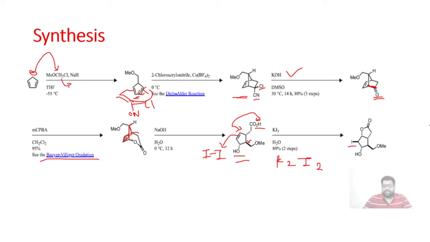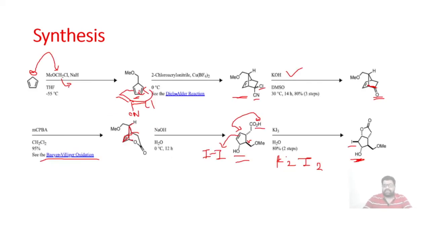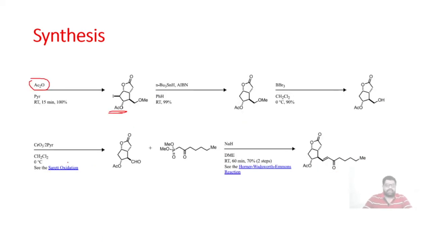Now we have this iodolactone compound over here. Now the next reaction is with this OH group. Let's see which reaction this is. Treatment with acetic anhydride and pyridine will acylate this OH group. As we discussed in the previous slide, this OH group over here is acylated with acetic anhydride and pyridine. So we get OAc over here, friends.